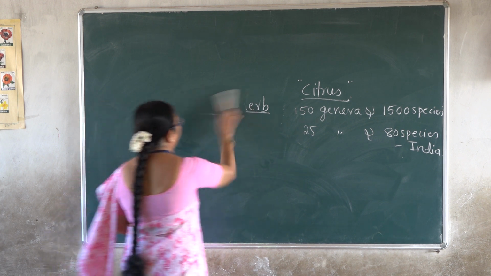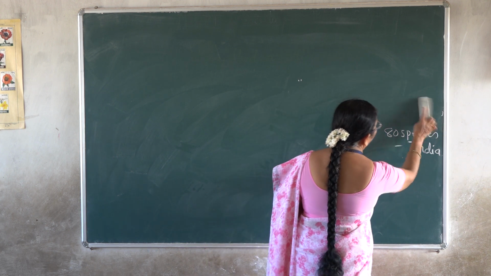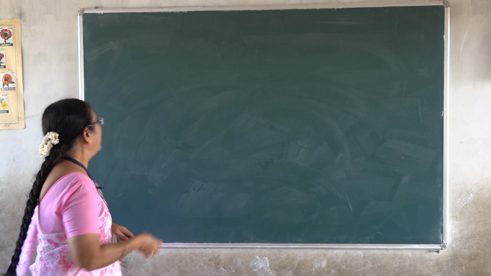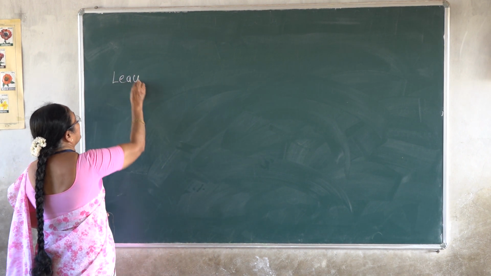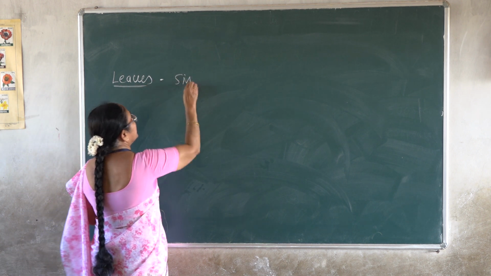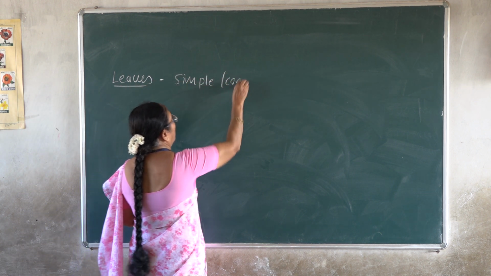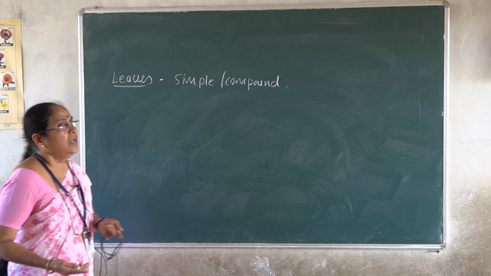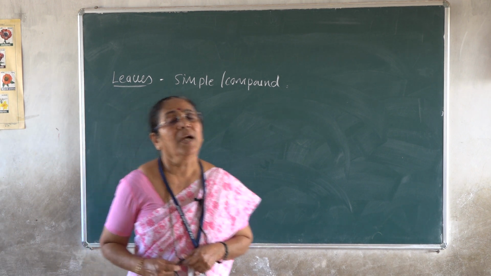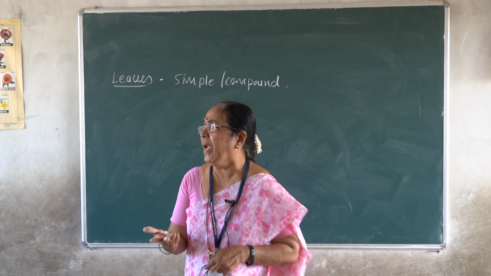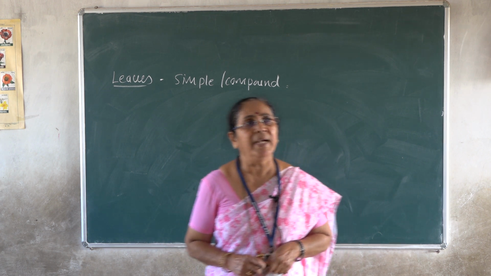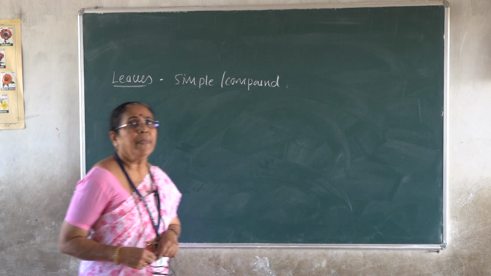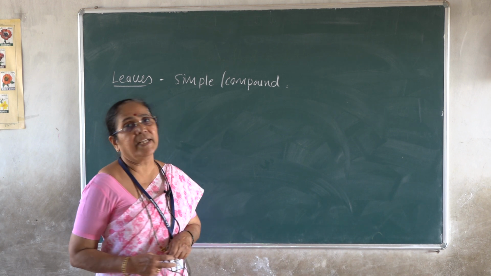Now the leaves of the family members, and the family is represented by all these citrus species and Murraya. The leaf may be simple or it may be compound. Either the leaves are simple or they are compound. In some plants the leaves may be simple, and generally they are compound, and the compound leaf may belong to two categories, either palmately compound or pinnately compound type of leaves are found among the members of this family. So they are either simple or compound leaves.